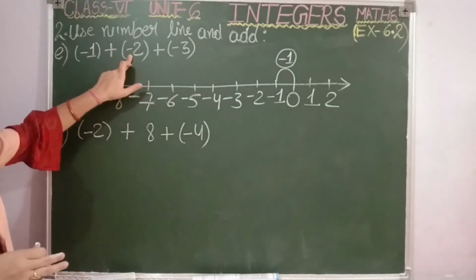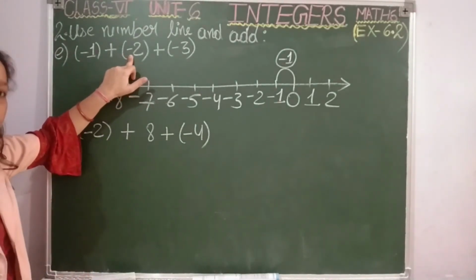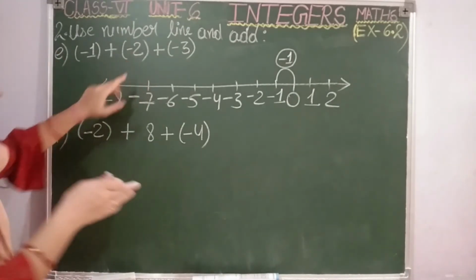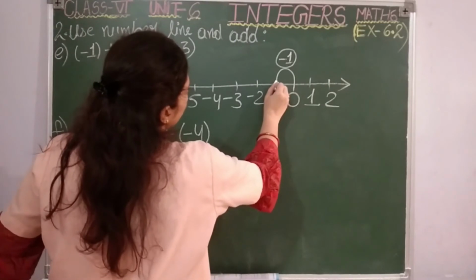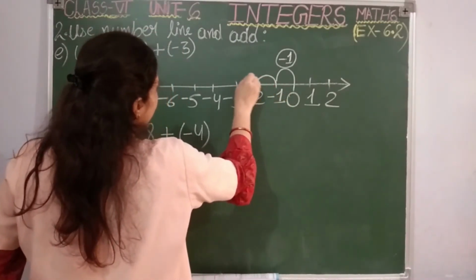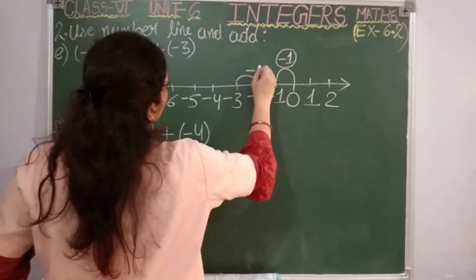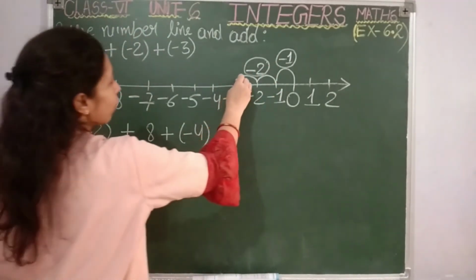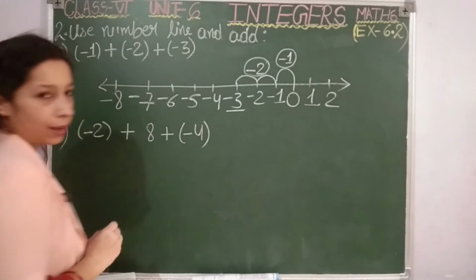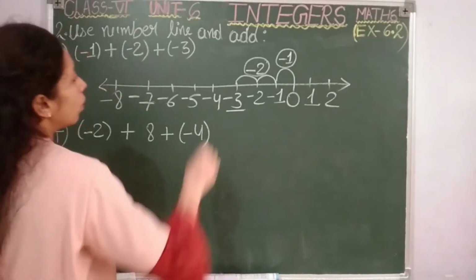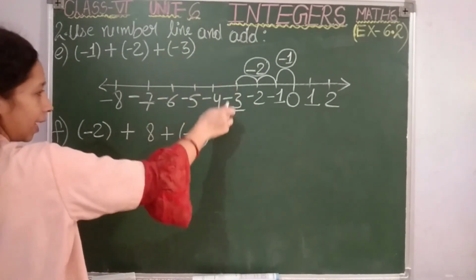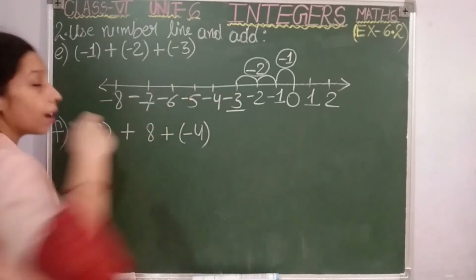Now the second integer is minus 2. Negative 2, what I told you students, for minus we have to move to the left side. How many steps? 2 steps. So from here 1, 2. So I can show here as minus 2. Clear students? So I reached at minus 3. Clear? Now from minus 3 again, the third integer is minus 3